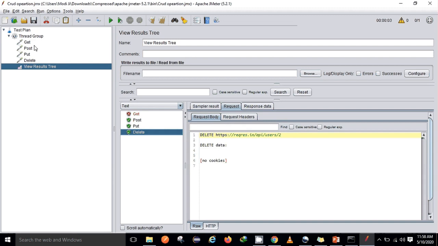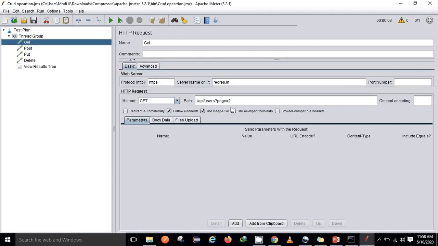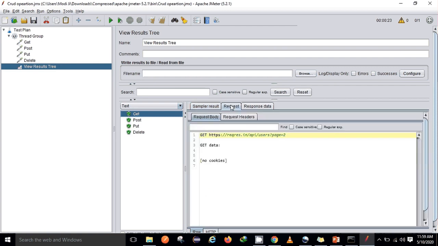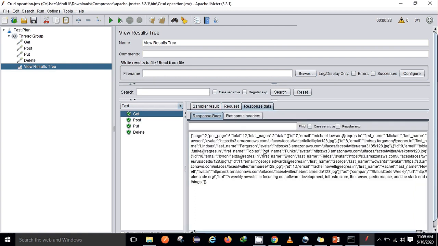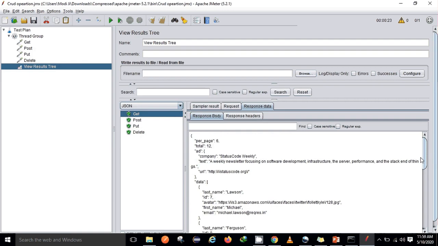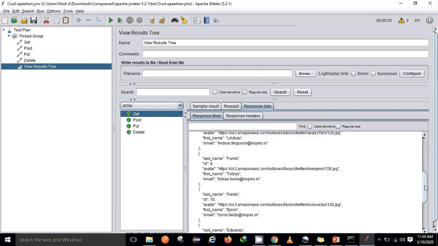Apart from that, let's see what went wrong with the get request. In the get request, I had added something extra. Yes, I had added a space. So let me execute the test once again. Yes, we have got the output. Here you can see everything went fine, the request is okay, and you can see the response data as well. When we look at it as text, we are unable to view the details properly with our naked eyes, so we can look at it in JSON format. Here it looks fancier and more user friendly.